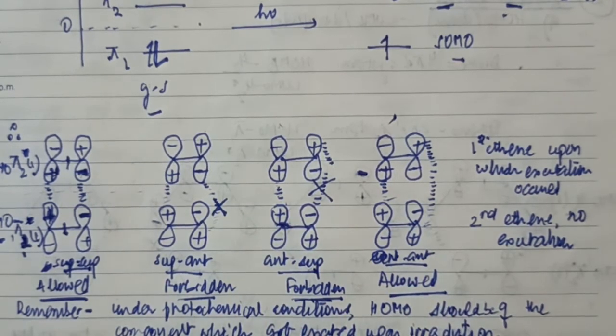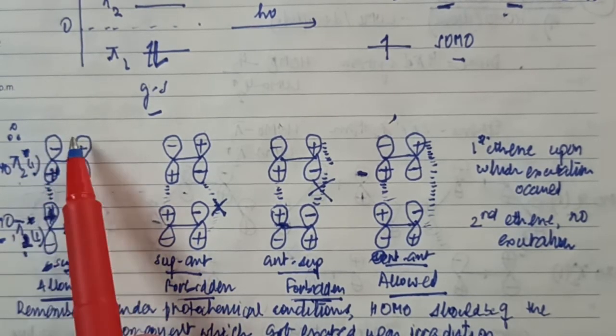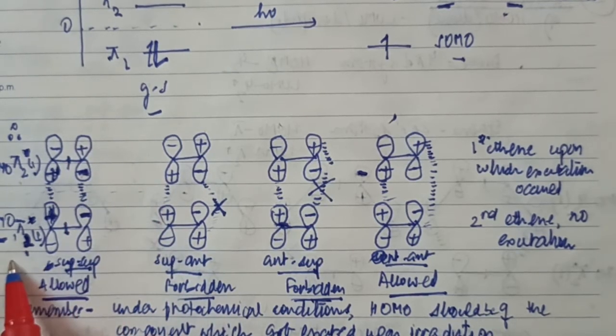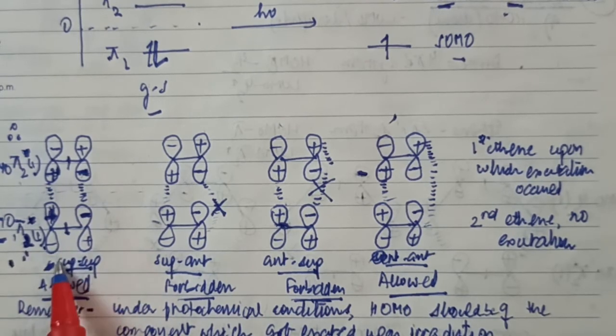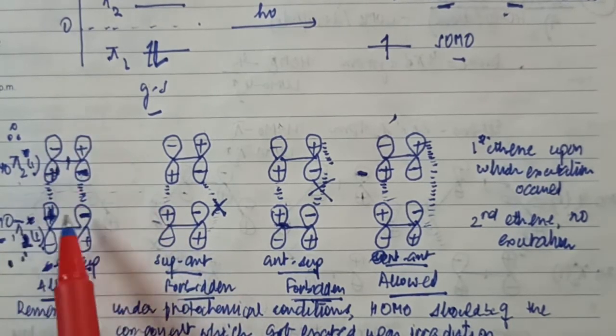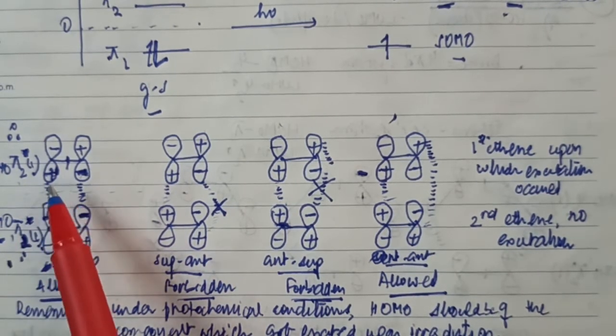Again, under photochemical conditions, one electron jumped from pi 1 to pi 2 star. Pi 2 star becomes SOMO dash, and SOMO dash is now the new HOMO. Pi 2 star had 1 node, and the orbital picture is this. For the second reactant's LUMO, the second reactant did not get excited, so the LUMO is still pi 2 star with 1 node. This orbital picture is the same for all stereochemical modes. Okay, now let's check the interaction.